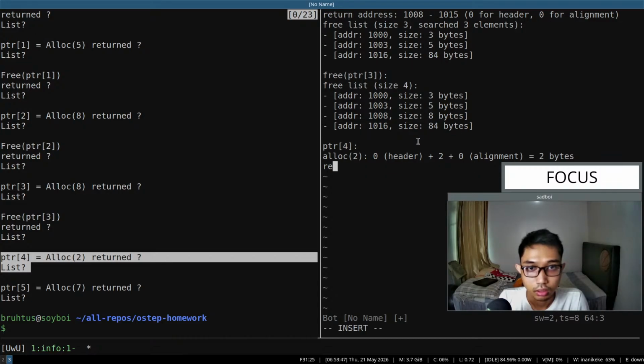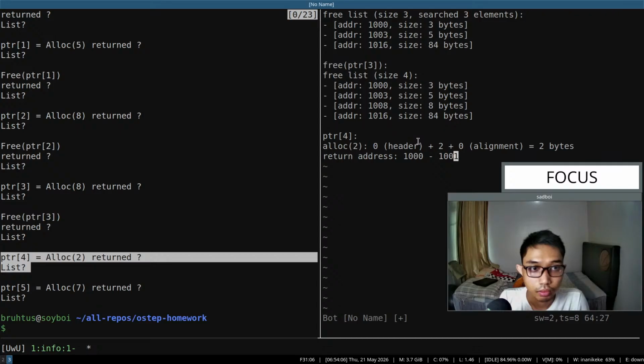Okay, I think we need to split this one, right? Okay, and 1, 0 for header, 0 for alignment,